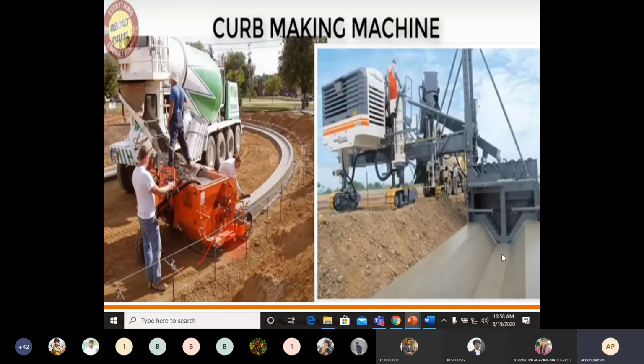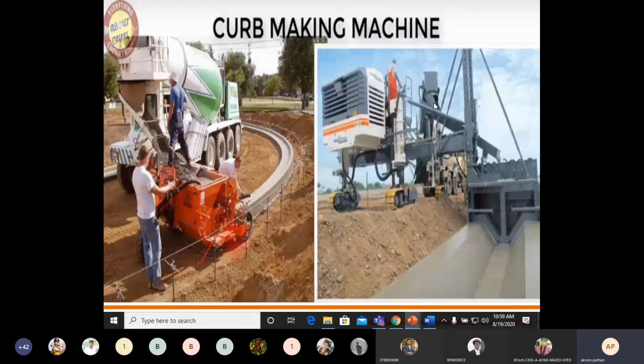With the help of excavating equipment, for example a power shovel or clamshell, it excavates this particular channel or drain, and with the help of this curb making machine, we can finish up the work. This is a trapezoidal small drain, and this particular machine has its own capability of doing this work.